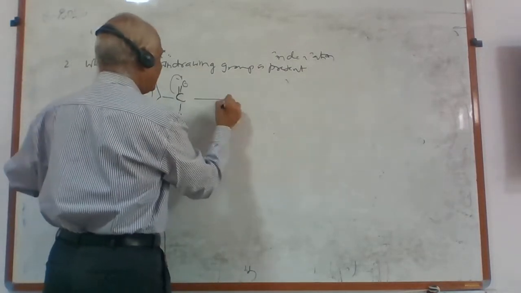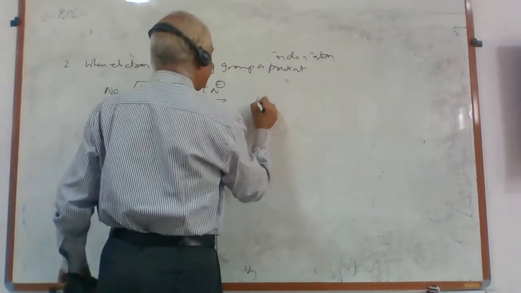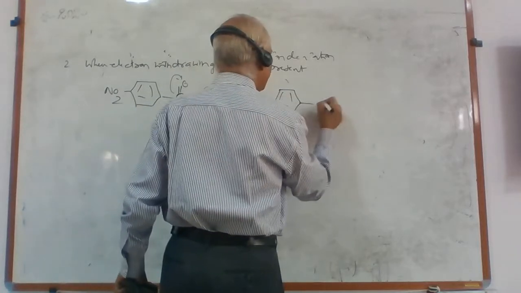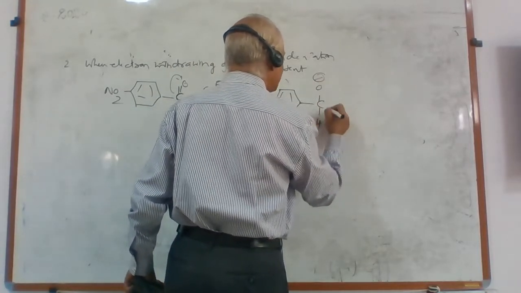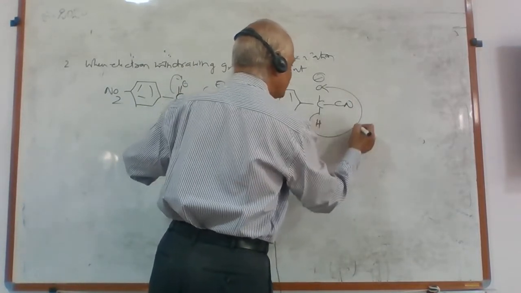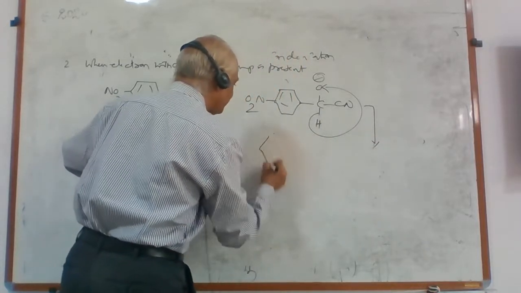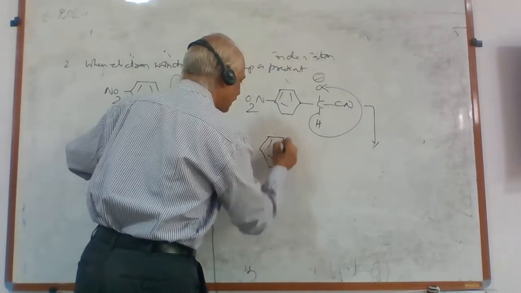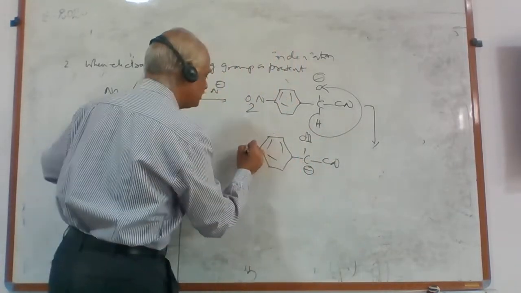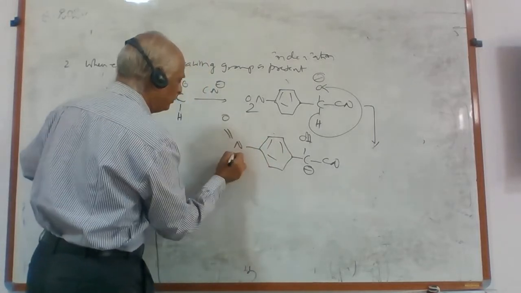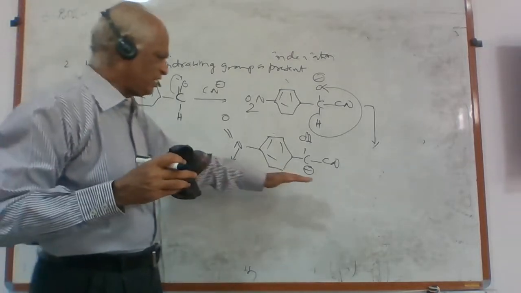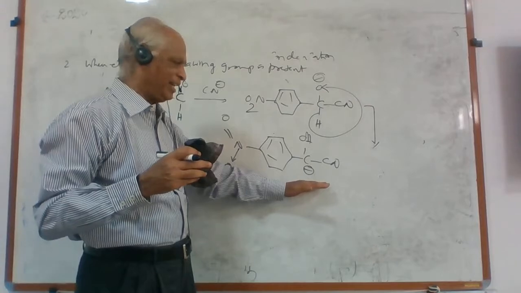So the C=O group, I attack with cyanide ion. So O2N, C, O minus charge, hydrogen, cyanide ion attacks here. Now this hydrogen migrates to this oxygen atom, forming O2N, C, OH, CN, negative charge, with the nitro group at the para position, N double bond O, negative O. This is the structure you got. Up to this step the mechanism is going on nicely.